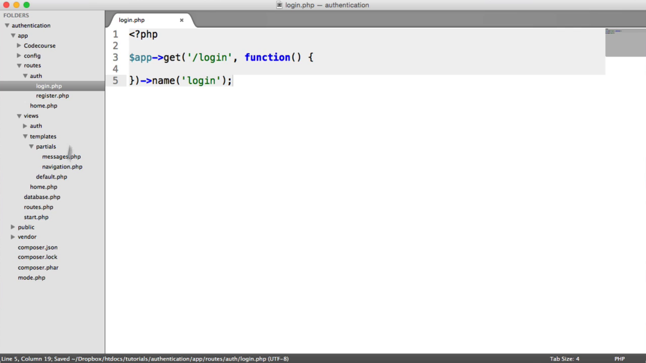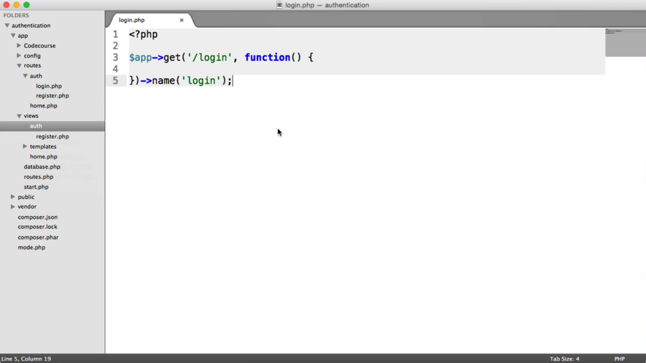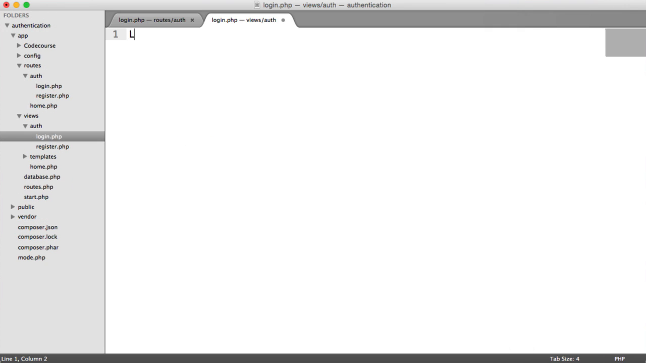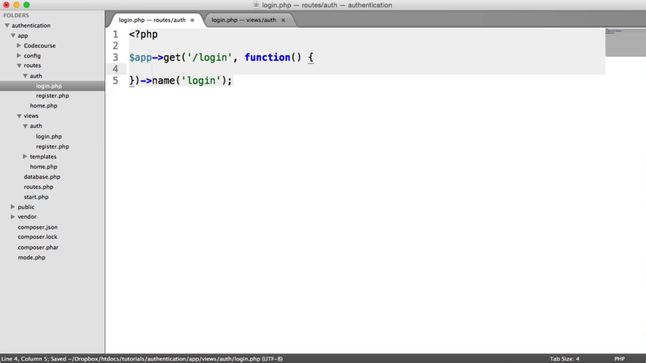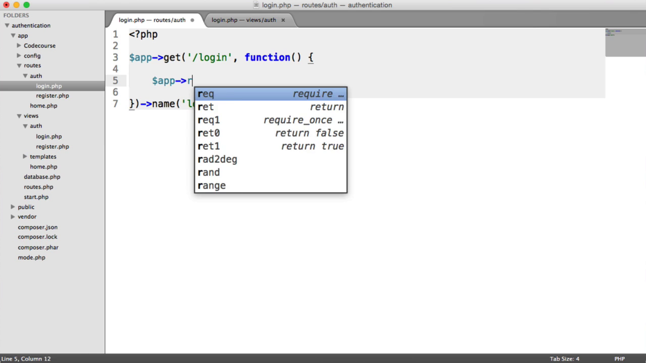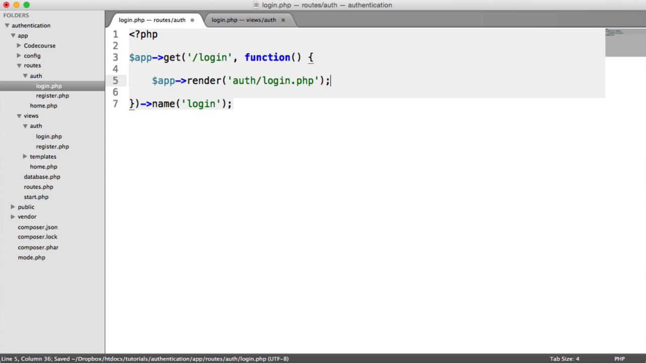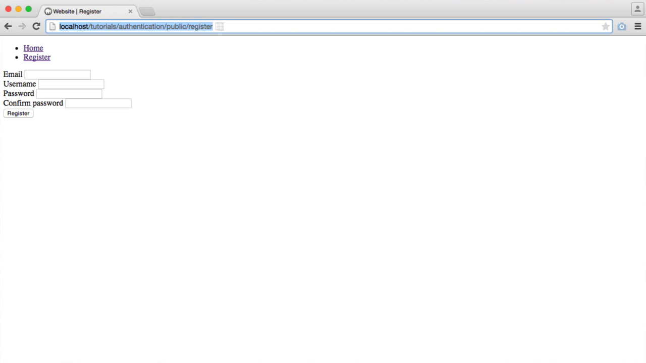Okay, so let's create our view now. So remember, under auth, we have register. We'll put login next to this. So login.php, and we'll just say login page. And let's render that view from here. So remember, we do app render auth and then the name of the view. So that's login.php. So now when we visit